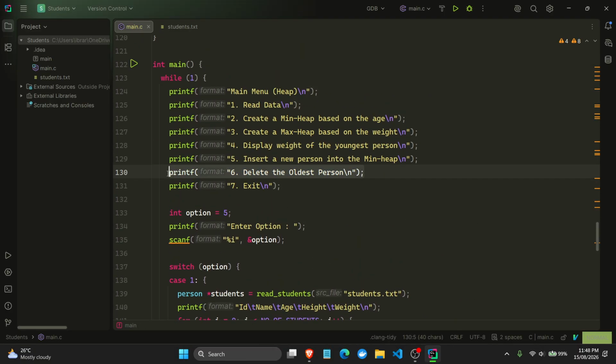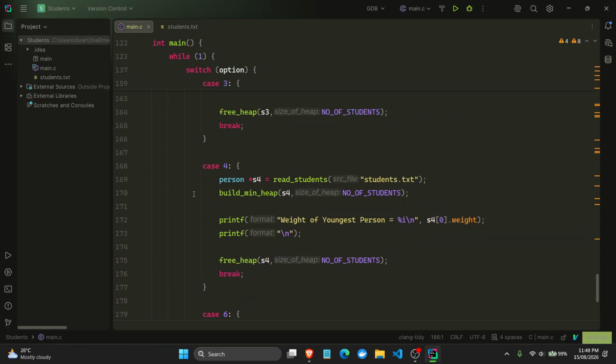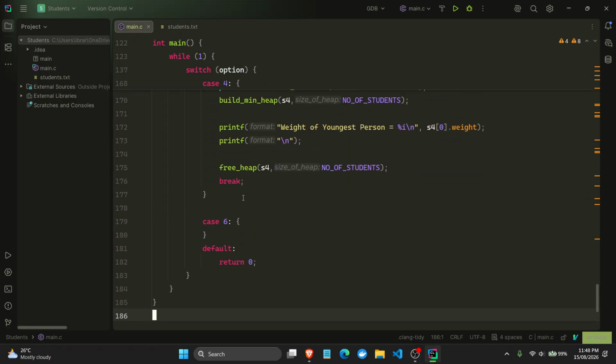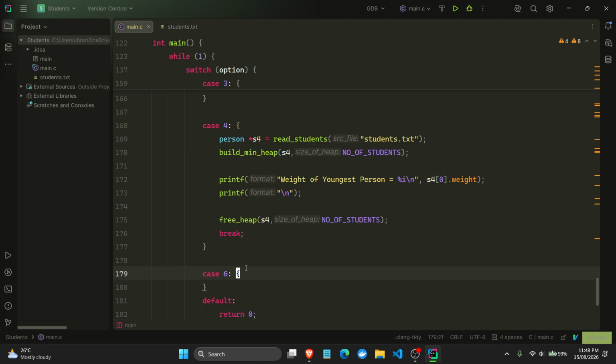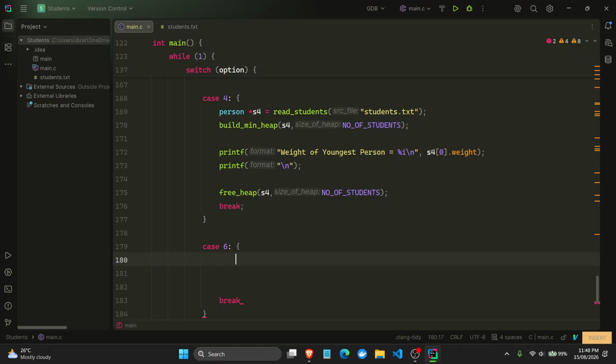Delete the oldest person. So if I make a case 6, case 6 and also this will break. Person s6. I don't like why I'm dictating most of them, but